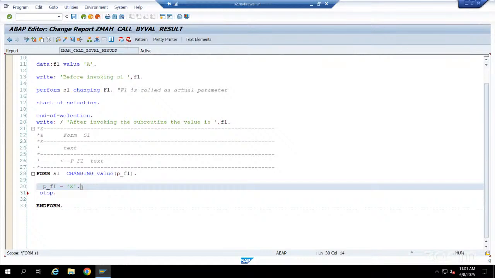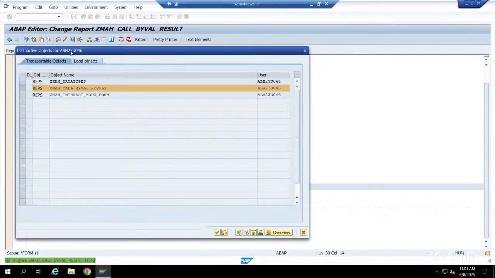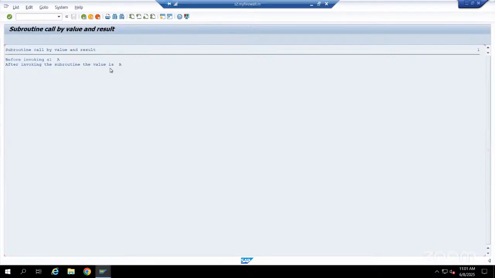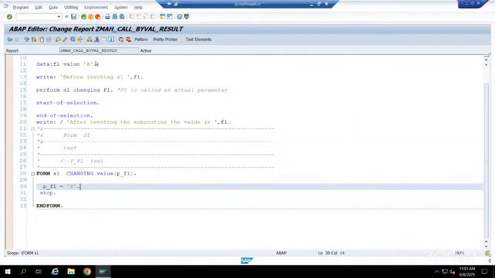It should be X, right? Because we already changed it at line number 30. This is what is going to print here. But activate. End form before. Execute here. A only. This is one important concept too. It is not so easy to understand normally. This concept here is